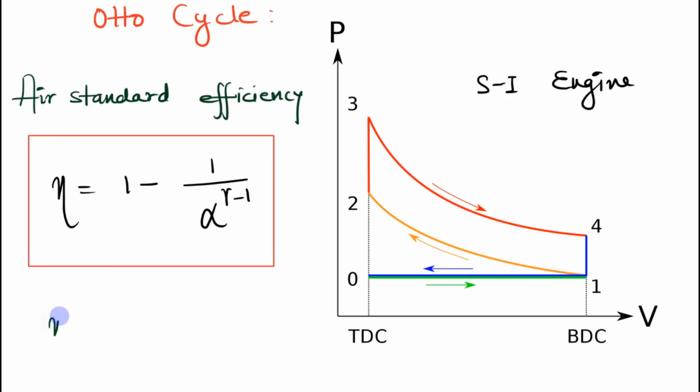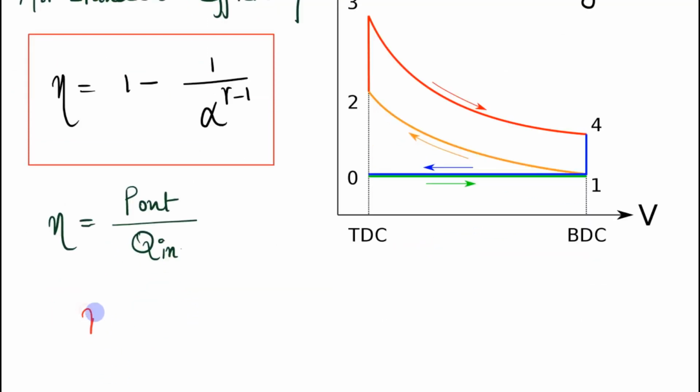Now the efficiency can also be written as the power output divided by the heat input. So this efficiency can be calculated as the power output, given in the problem as 70 kilowatt, divided by the heat input. So how do we calculate the heat input? It is the mass flow rate, which is 10.3 kilogram per hour. We need to convert it into kilogram per second, so we will divide it by 3600.